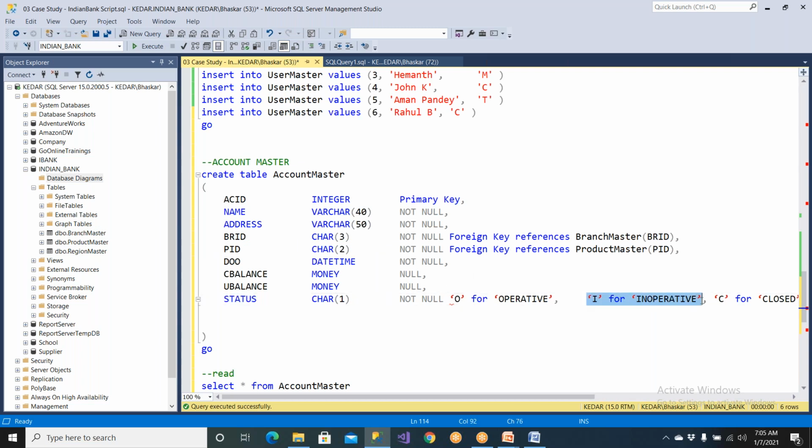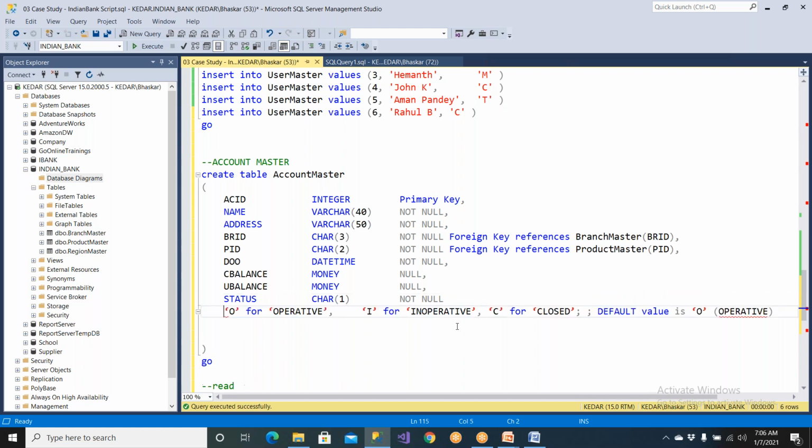Inoperative means if you don't do any transaction in a bank account for more than 1 year, automatically it will become inoperative. Clear? So I wanted to write a check constraint for this. You need to say check and write the expression. So I'll say column name,